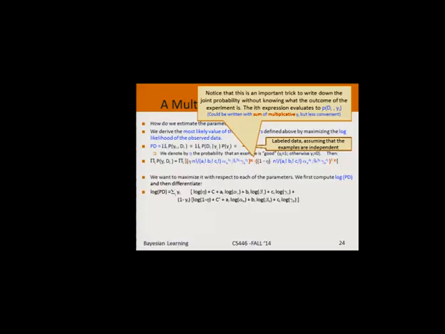So now I want to maximize this product with respect to each one of the parameters. To do it, first I'm going to compute the log of this product. So the log is just the sum over what we have here. So in every case, I have some constant, which I don't care, and I have ai log alpha, bi log beta, and so on. And now I need to differentiate. So the first thing I'm going to do is differentiate with respect to this eta, because it's easy. When you differentiate with respect to eta, you will see that it appears only twice. It appears here,